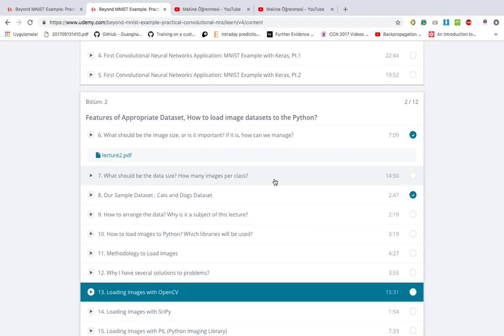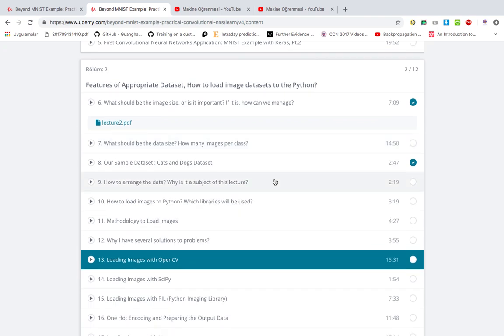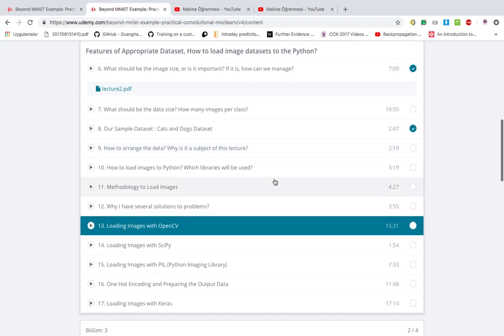Why? In practice, you can load images or your dataset to the system using only OpenCV, but in reality maybe you do not want to work with OpenCV, or you want to work with another library. Let's say that you will be using the SciPy library for your project, and you want to directly use the loading system of SciPy. So I'm offering you a solution for loading images or datasets to the system, and also